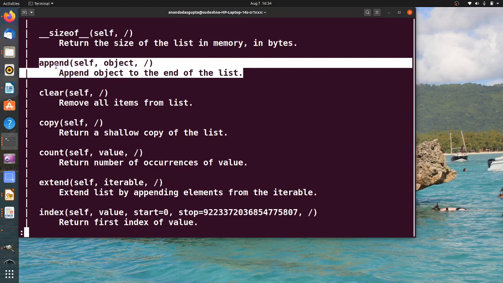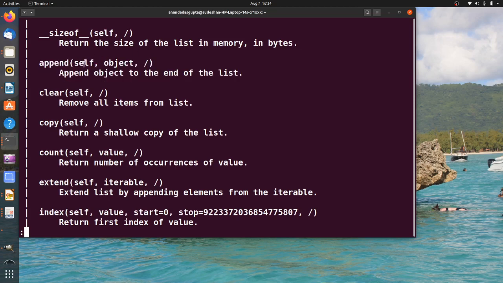Notice, append is a method, and a method comes with arguments, so the set of arguments to be given to the method is listed here. It looks like there are 3 arguments. But wait, in the last video we discussed that append takes only 1 argument. How come here we see 3 of them? Self, object, and a slash. Well, the first one, self,